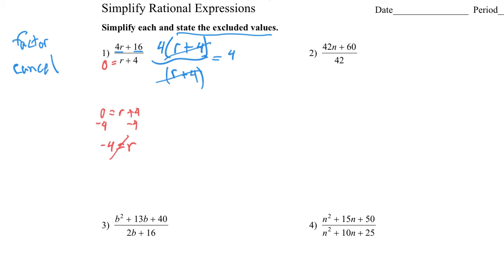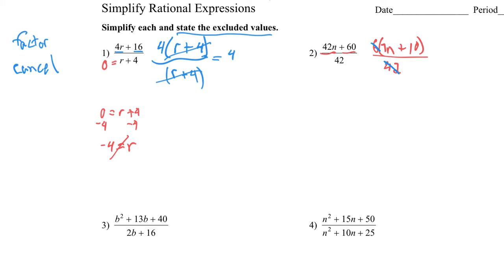Okay, number 2, what can we divide both 42 and 60 by? Both of those can be divided by 6, and then we write the result on the inside. So we have 7n, 42 divided by 6 gives us 7, and then 60 divided by 6 gives you 10. The bottom, we can just leave the 42. Now there's no 7n plus 10 to cancel out,